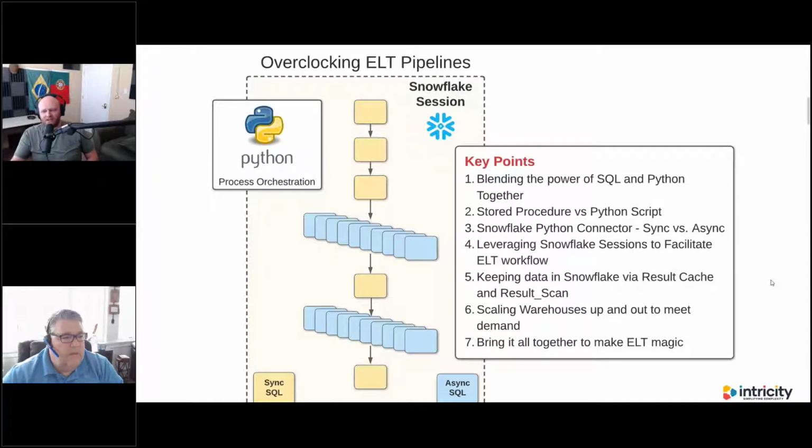Anyway, I wanted to inject that so that people understood that this is a big deal to have this feature here, because it's enabling us to actually have these conversations about a new way of doing ELT, a new way of thinking about data science without having to go to these outside platforms.